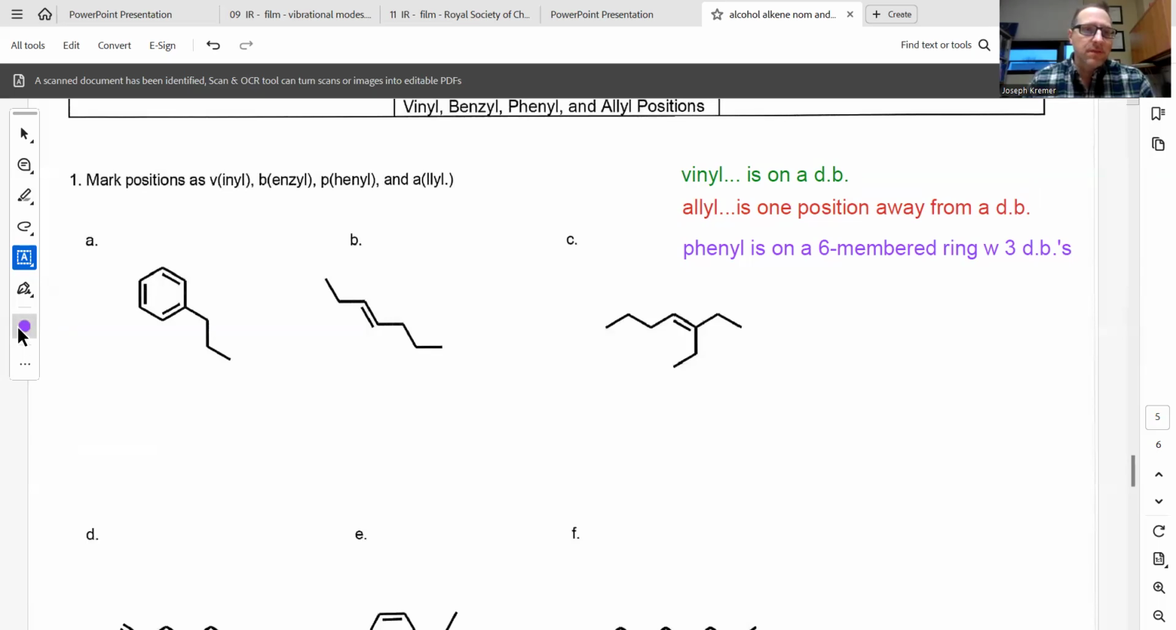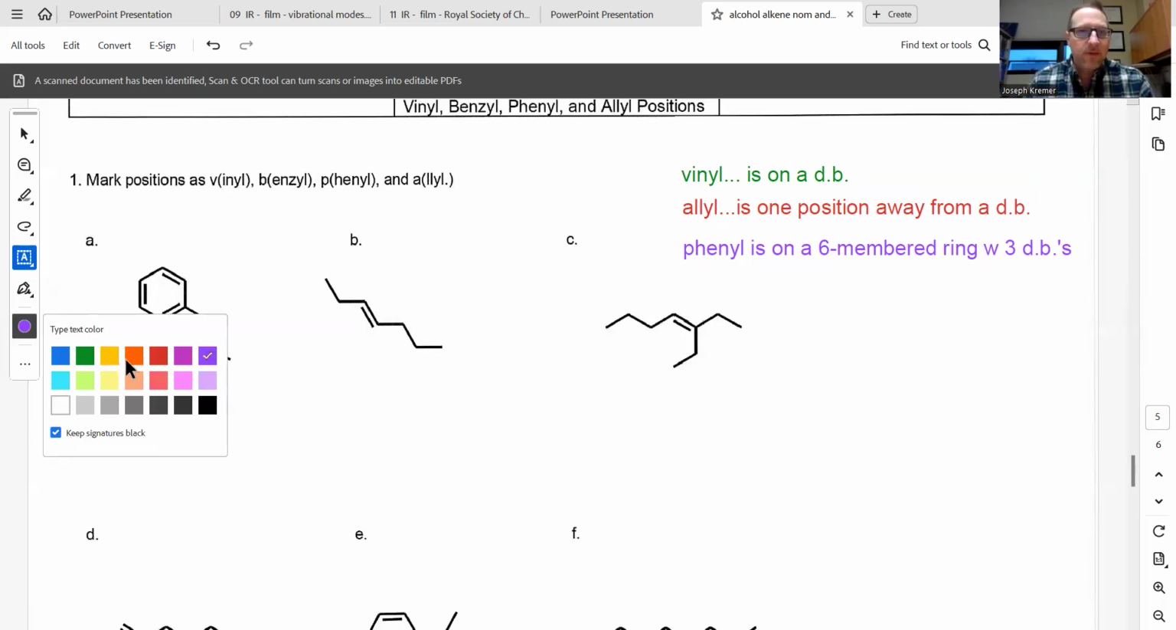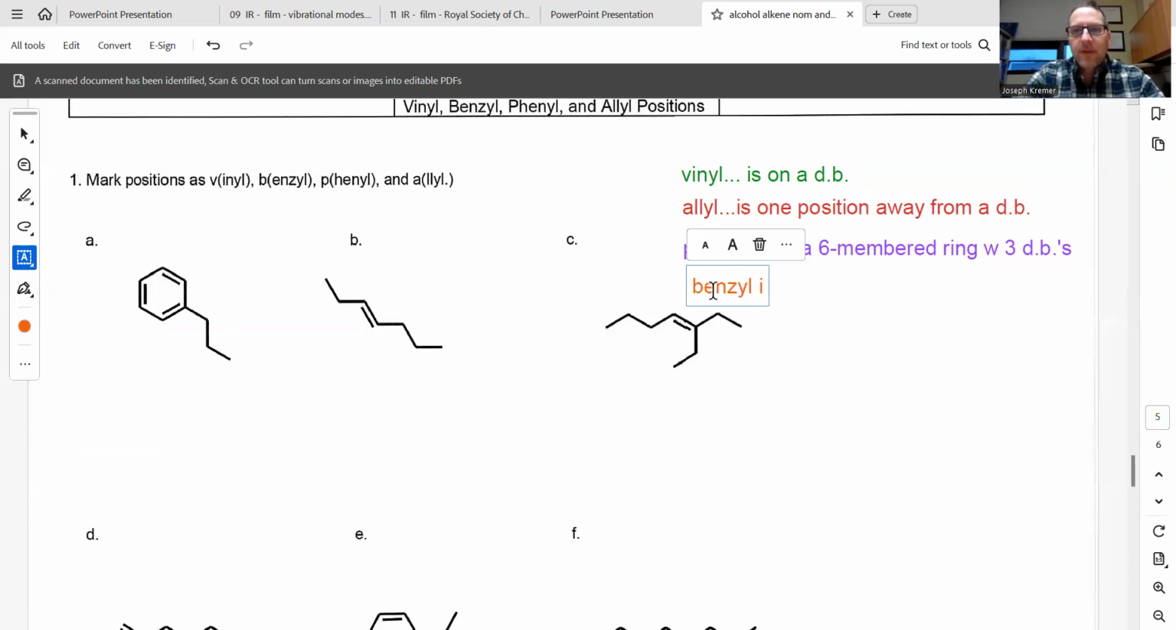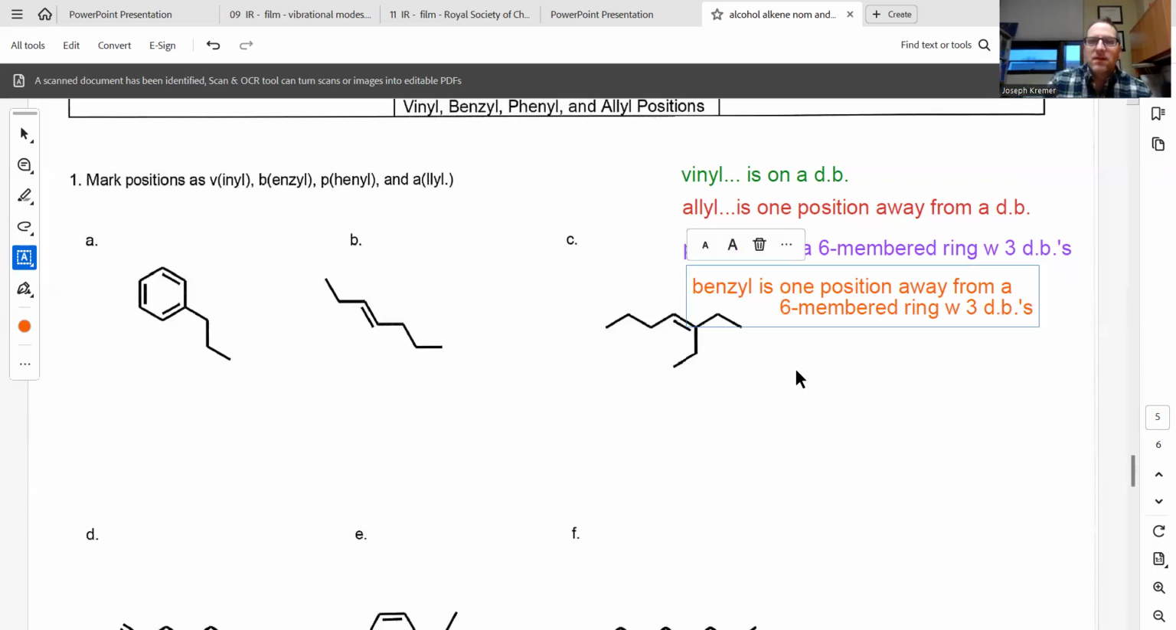And finally, benzyl. I think you heard about that before, right? You want to do orange with this one? Benzyl is one position away from a six-membered ring with three double bonds. We call those rings aromatic, by the way, if you want a niftier name for that. So now that we have the coding correct,